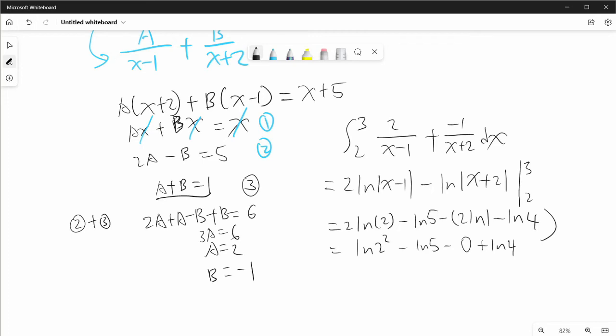Right, and then it would be 1 and 4. Right, and then we have ln 4, 2 of them in fact, minus ln 5. Well, in this case, we can again move the 2 inside, become the square, a 4 to the 2 power, so it'll be ln 16 minus ln 5, and we can combine the logs together